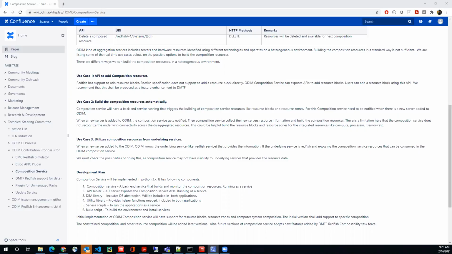We need to model the zones, what can be connected to what, what could be aggregated together. And hardware won't support it fully, as we know. Hardware can model the blocks possibly, but zones all depend on the complexity of the specific fabric, interconnectivity and other things. But thinking that the DC admin will just provide the control API, the CRUD, as you mentioned, Alex, and the DC admin will take care of this, I think it may be too much for the DC admin to manage.